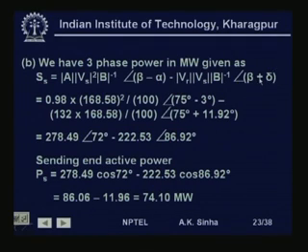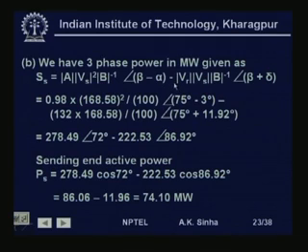Here mind it, when we are writing this as 3 phase power, we are writing Vs and Vr as line to line voltages. Therefore, substituting the values, A is 0.98, Vs is 168.58, so into 168.58 square divided by B, which is 100, at an angle of beta is 75 and alpha is 3 degrees,